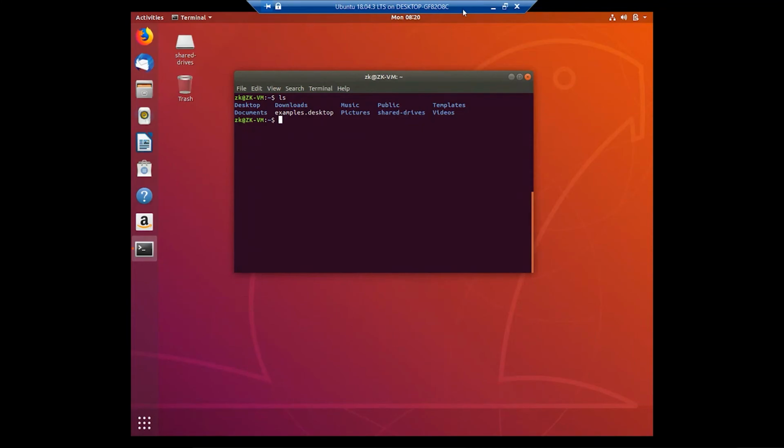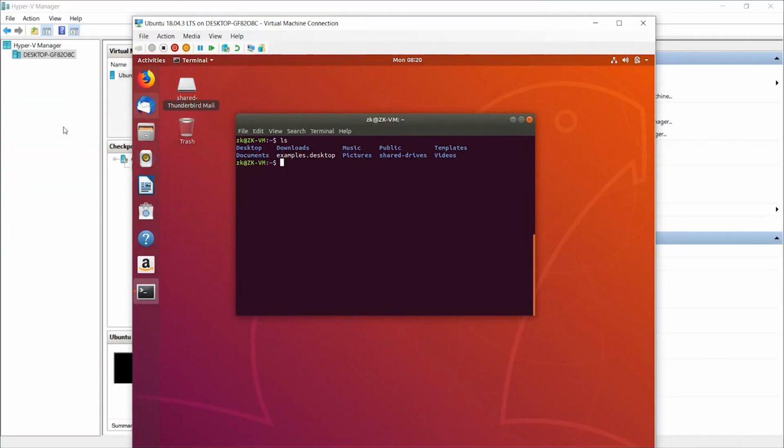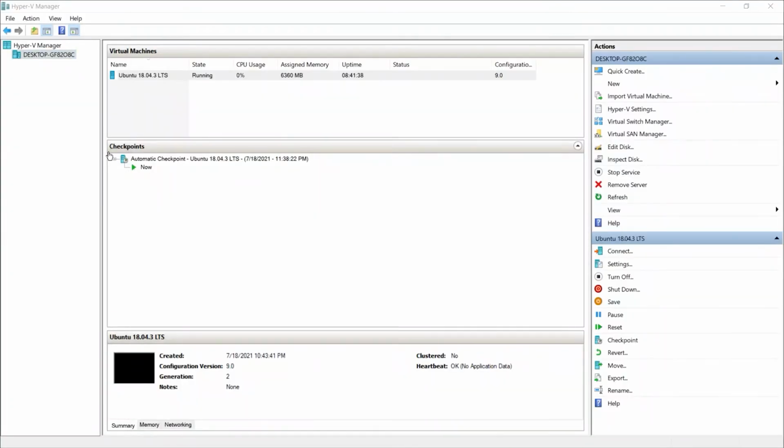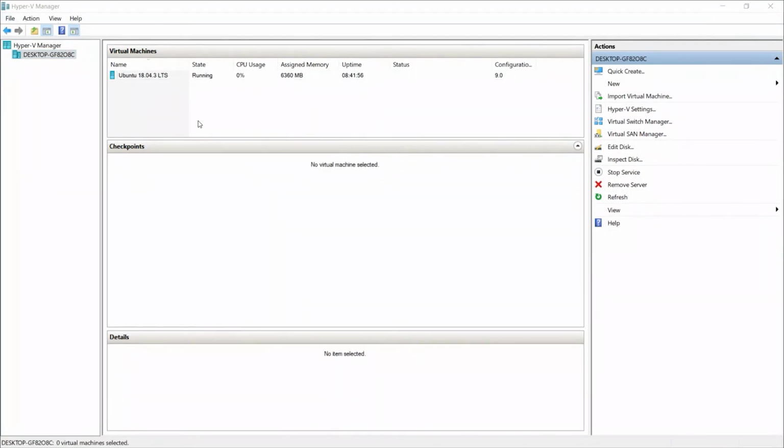I'm inside the Ubuntu 18.04 version, and when I go outside, this is Windows. So there are two words here in discussion. Number one is the host operating system, which is the Windows operating system. The second is the guest operating system. But for the guest operating system, which is Linux in our case, to work, we require a special software. Now, a hypervisor is going to work almost at the